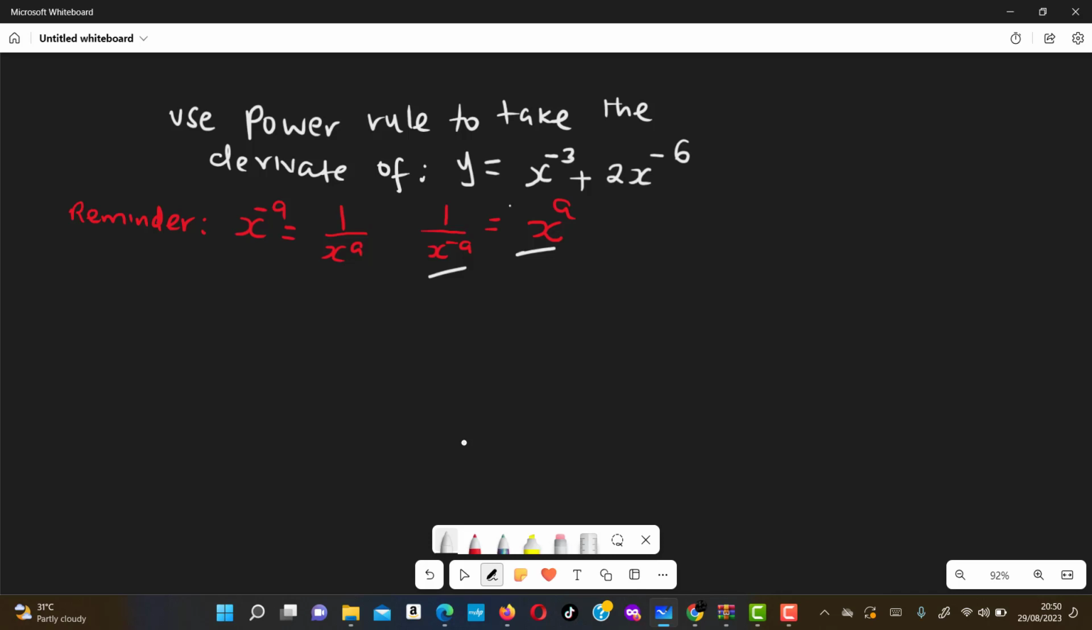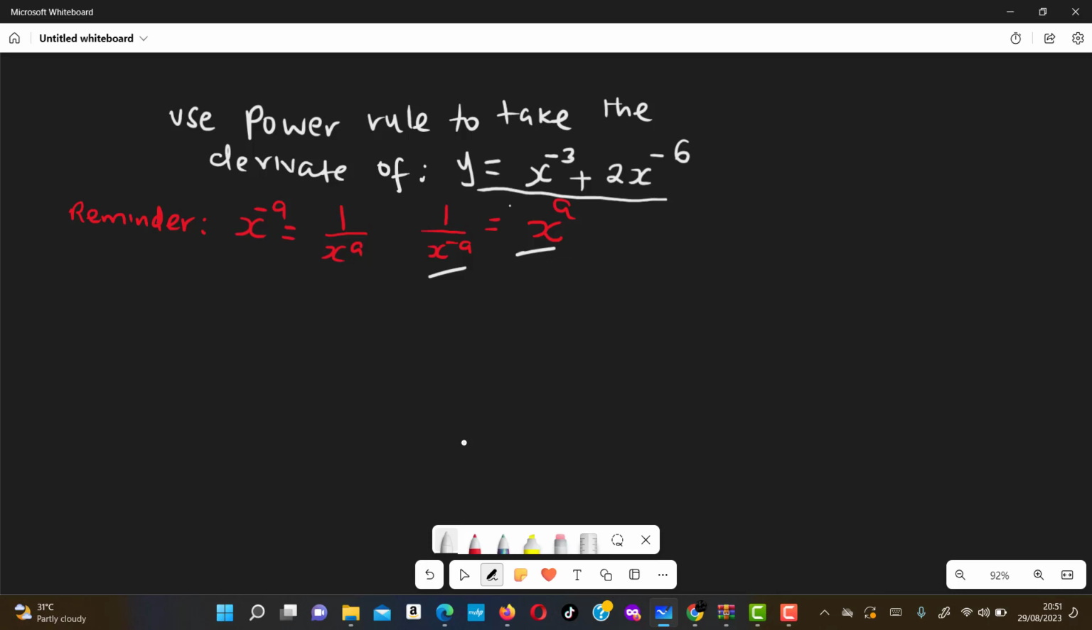Let us do an example where we use the power rule to differentiate a power function with negative numbers, such as this function: y equals x raised to the power of negative 3 plus 2x raised to the power of negative 6. We will apply the power rule one term at a time. We have two terms here, and we apply it in the same way as when we have only one term. In other words, we bring the exponent down to multiply it by the coefficient,